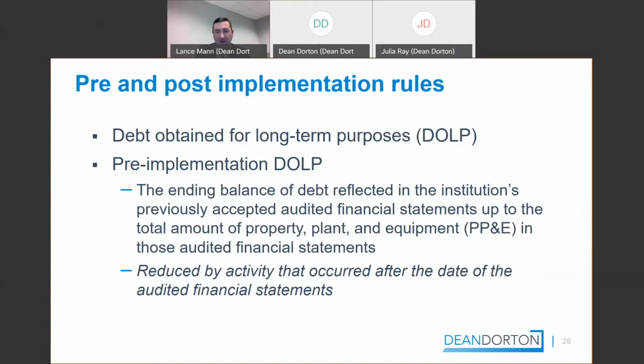So if you're a June 30 year end or a 5/31 year end, your June 30, 19 financial statements or your 5/31/19 financial statements, that debt balance up to the amount of PP&E, if you have debt in excess of PP&E, is your pre-implementation debt obtained for long-term purposes.